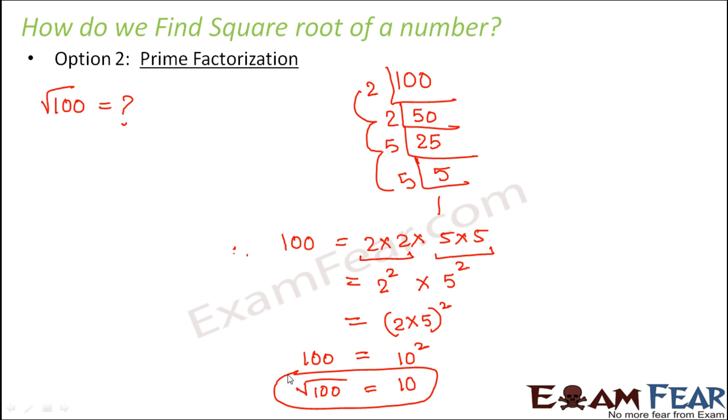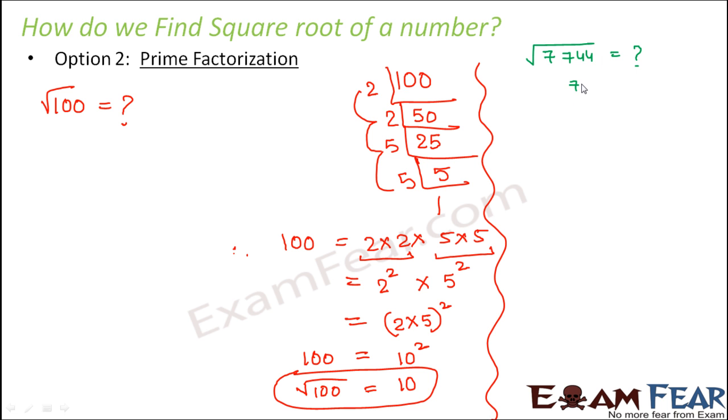In this fashion, we can also find the square root. Looking at this method itself, you would have seen that it is a more organized method and of course a better method than the repeated subtraction method. So let us take one more example. This time, let's take a bigger number. Let's say you have to find the square root of